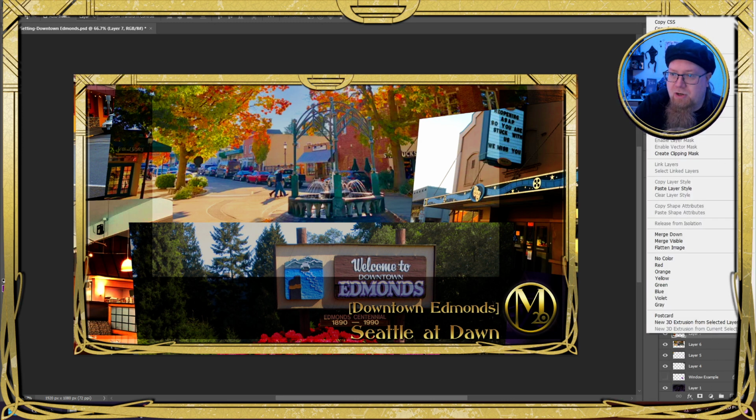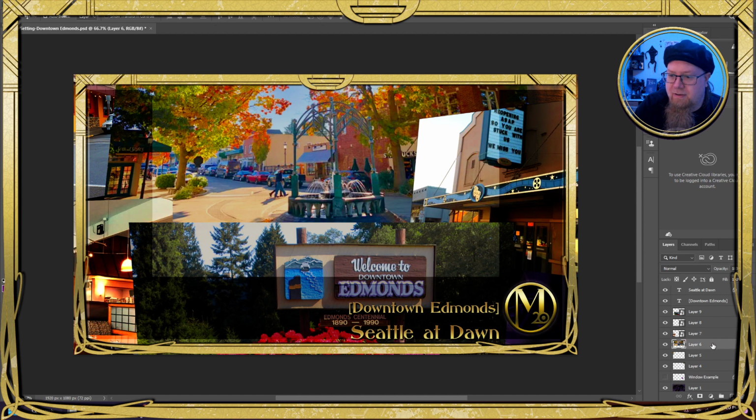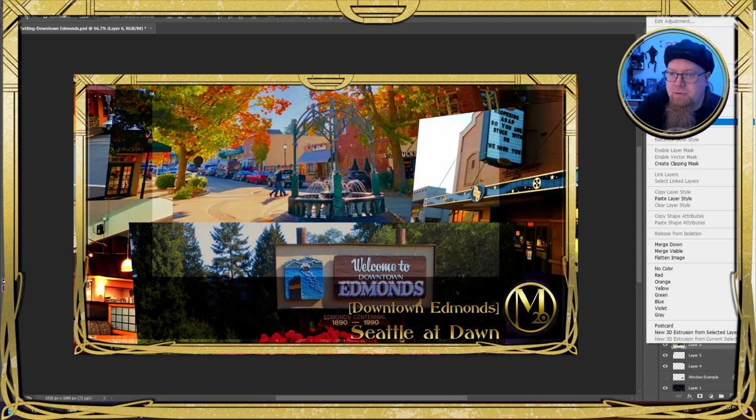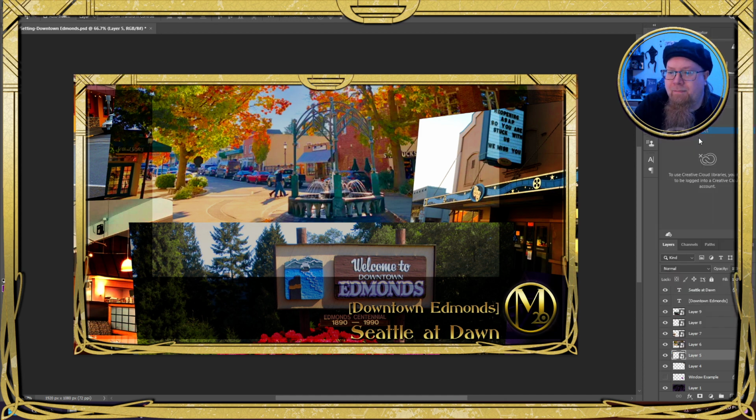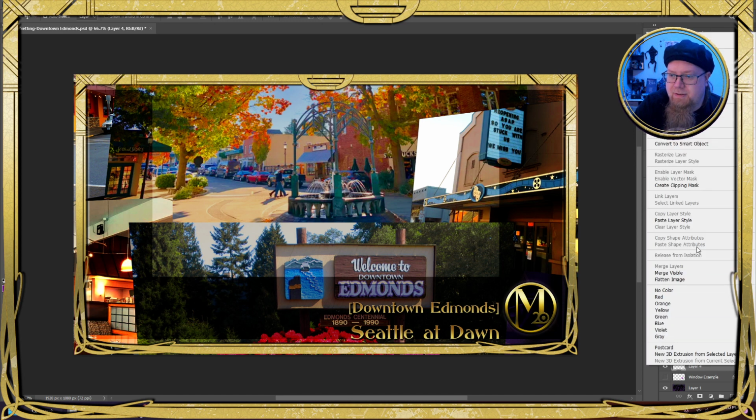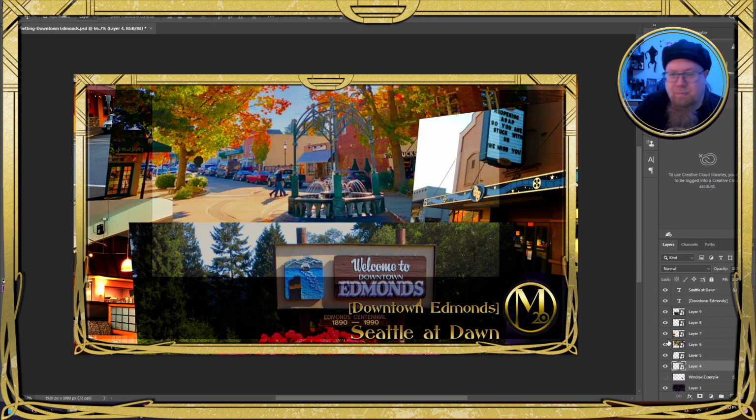So I'm going to change all of these layers into smart objects, and that's going to allow me to do some individual adjustments on each of them without affecting the space around them or their layer styles.